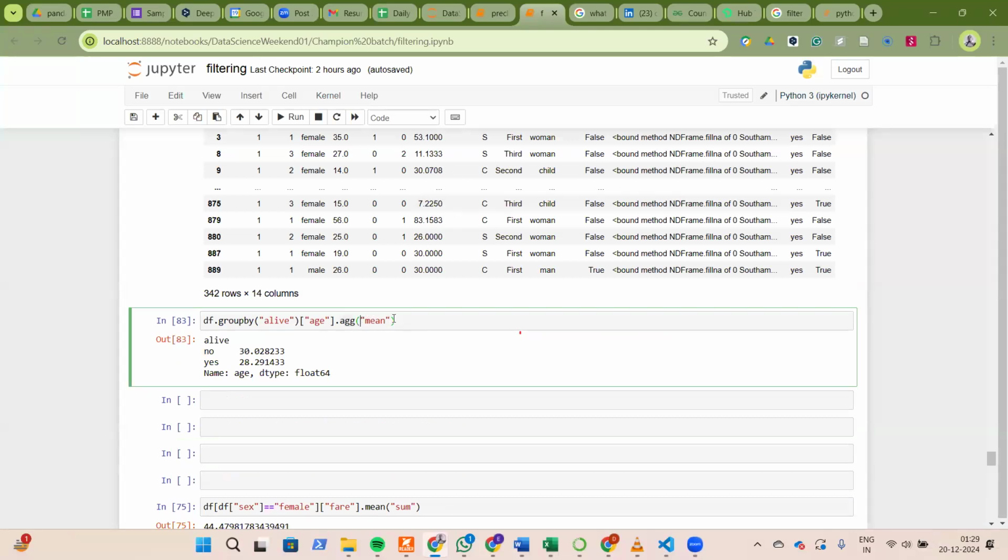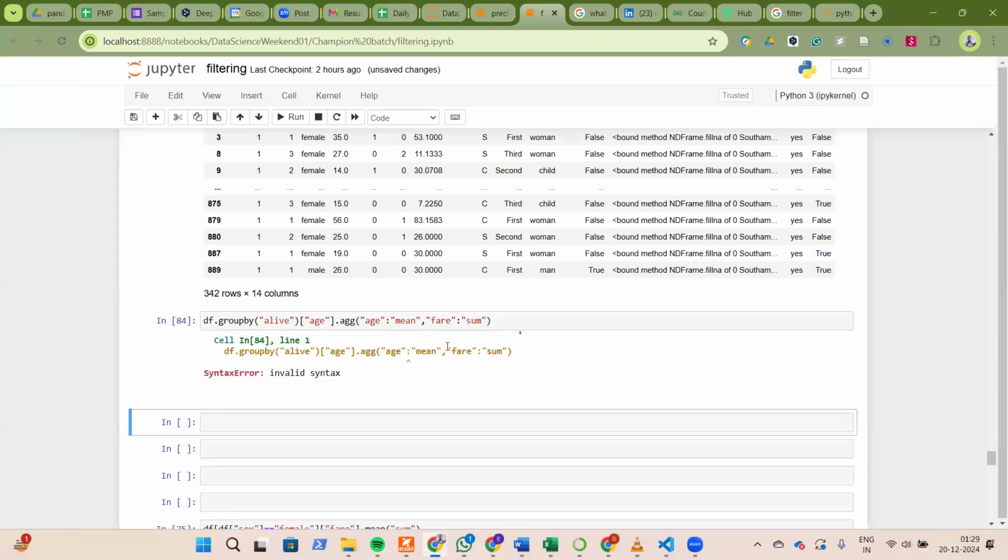So I can do the mean age and the sum of how much all those who died paid. For example, I'm going to do fare, get the sum of the fare that those who died paid. So if I run this,